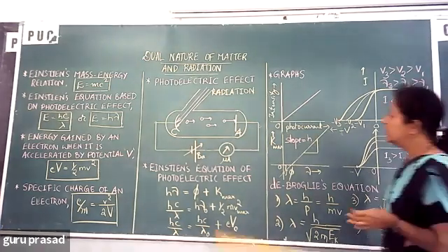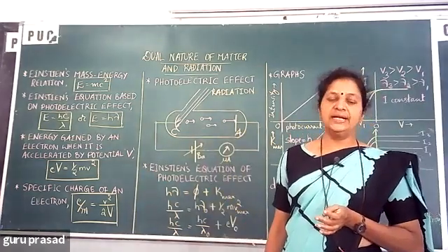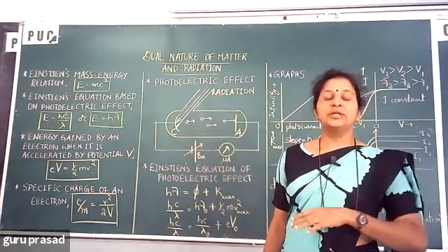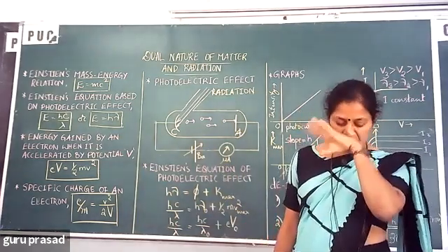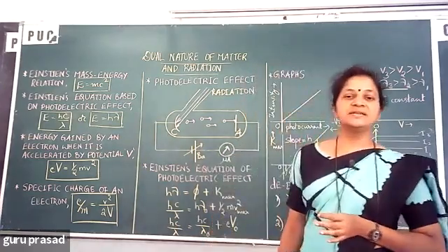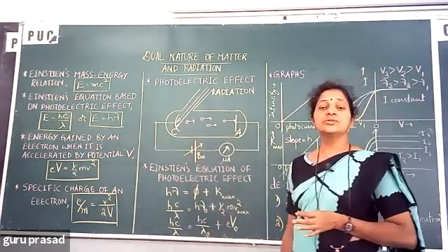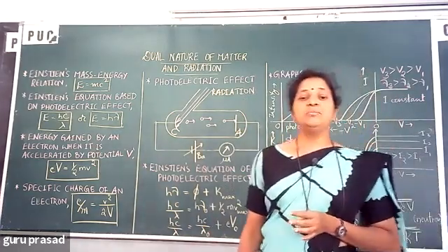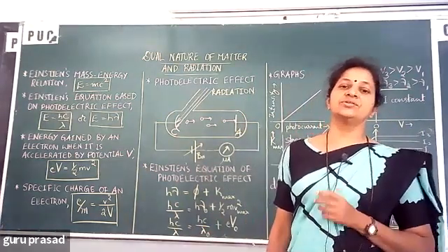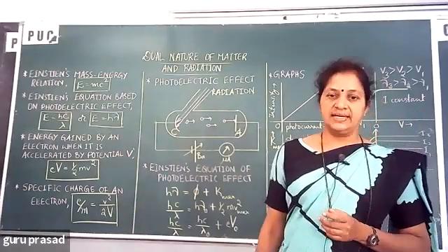Okay. Next, we also have field emission, by applying a suitable potential, we can get the electrons from the metal surface. That is called field emission. And we can also have secondary emission by making use of electrons themselves, hitting high energy electrons on the metal surface, we can get the electrons out. It is called secondary emission.